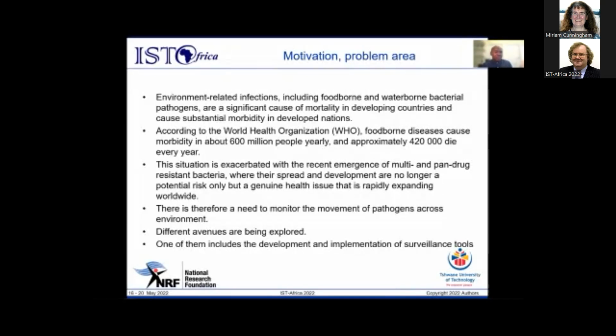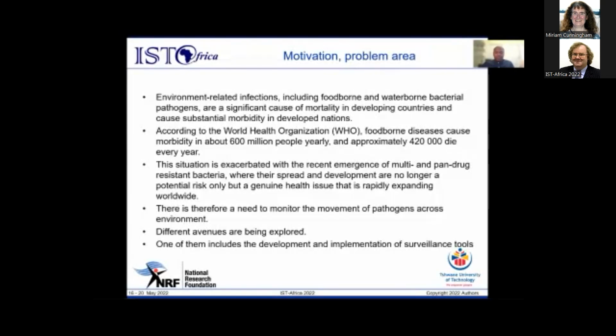This situation is aggravated with the current emergence of multi and pan-drug resistance, where their spread and development are no longer a potential risk only, but a genuine health risk that is rapidly expanding worldwide. There is therefore a need to monitor the movement of pathogens across the environment and the clinics. To remediate this problem, different avenues are being explored, and one of them includes the development and implementation of